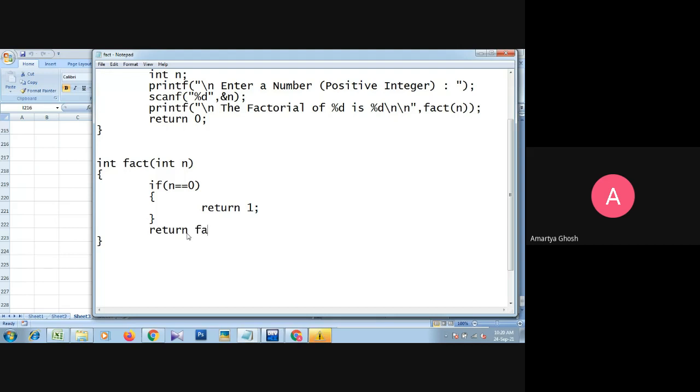fact n into fact n minus 1. Why n minus 1? Because suppose right now, for example, the value of n is 4, so 4 into the factorial of 3, is it not? What is the calculation? If we consider the